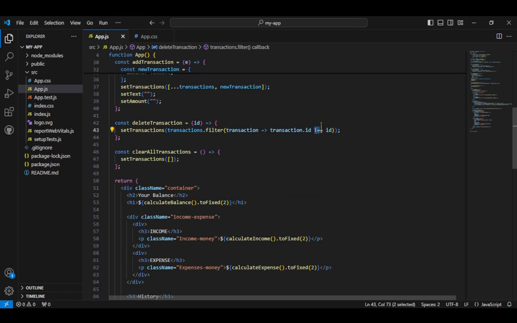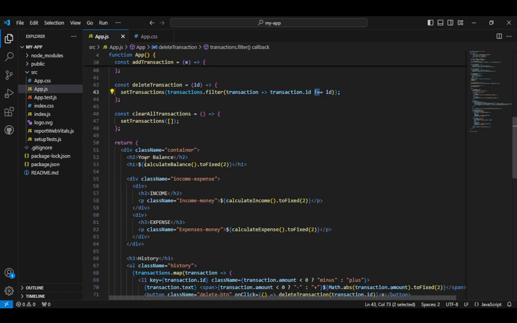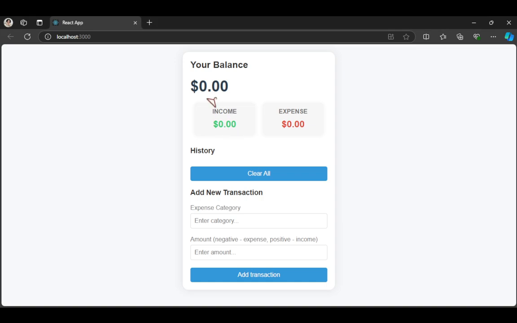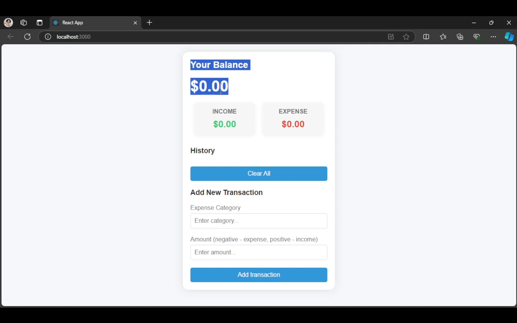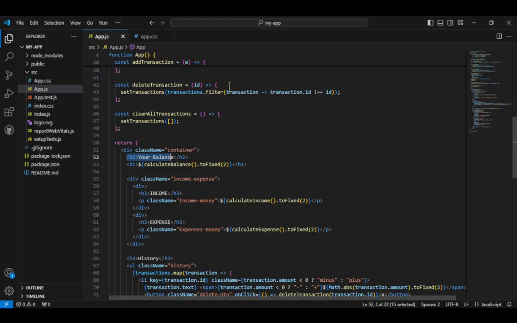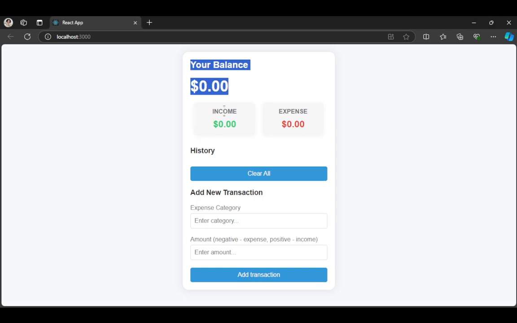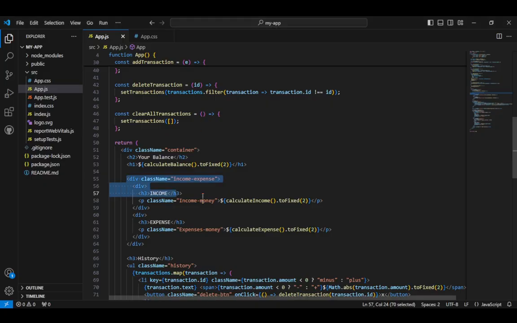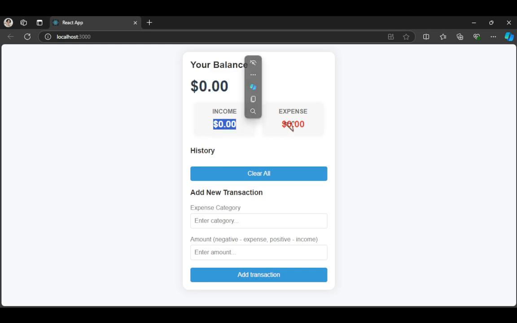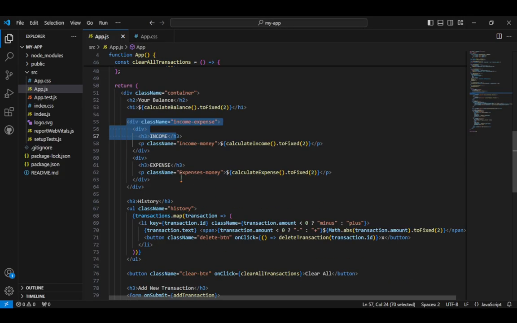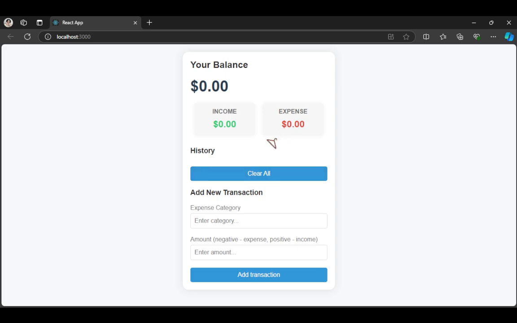So here are delete and clear, and here this balance, your balance, I call the balance to display it. And here the income, I call the calculate income so the income will display, and the expense will display.